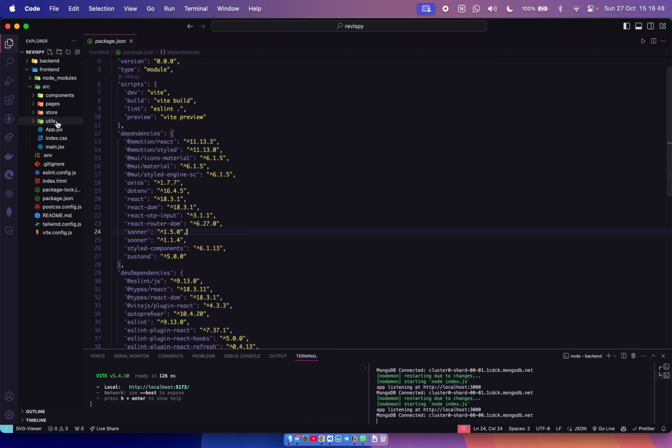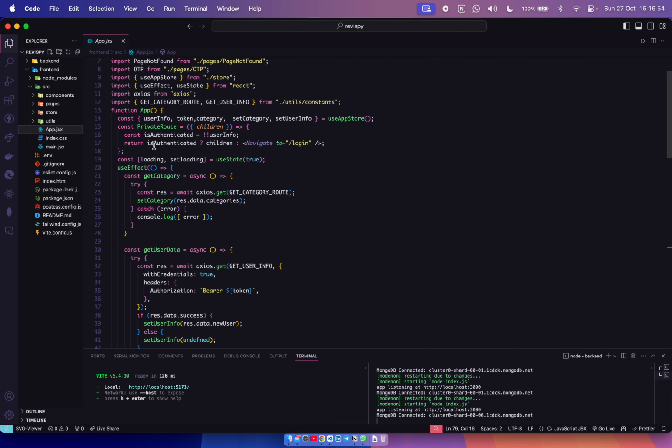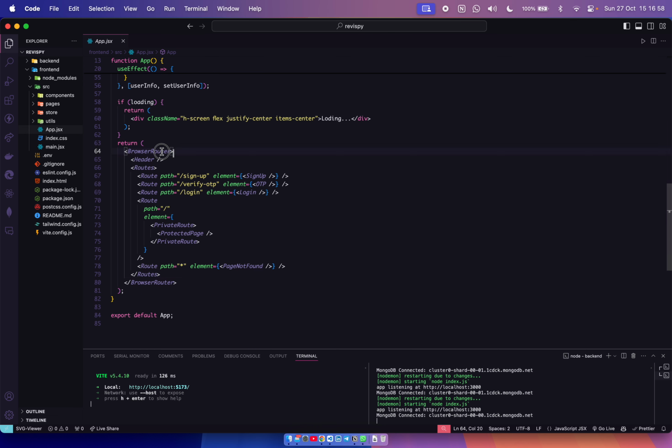The main.js is not having much, it has App.js. Let me show you. The browser router from React Router DOM, and the header is displayed on all the pages. These are the routes. The first route is sign up, then the sign up component will be displayed.